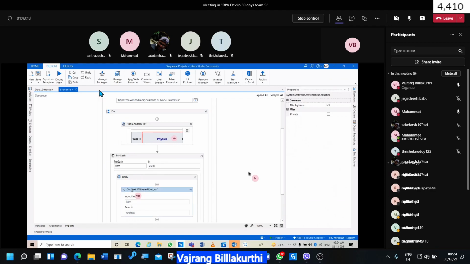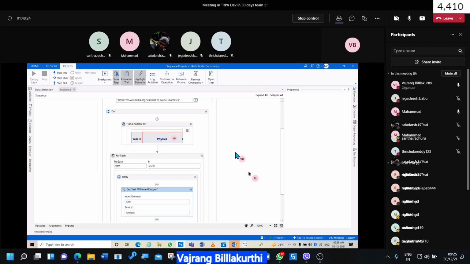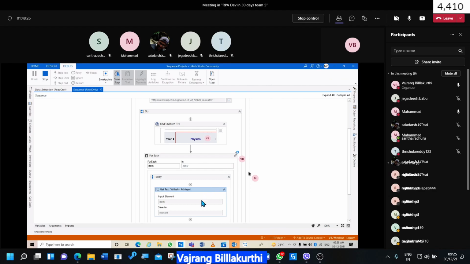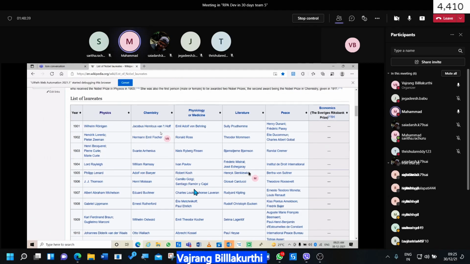I can keep a breakpoint over here and show debug highlight elements. Let's see. Go back to this. First it will fetch all the tables. I hope this has only one table. Yes, Vajrang, only one table. Now in this one table, it's picking up every row, TR.